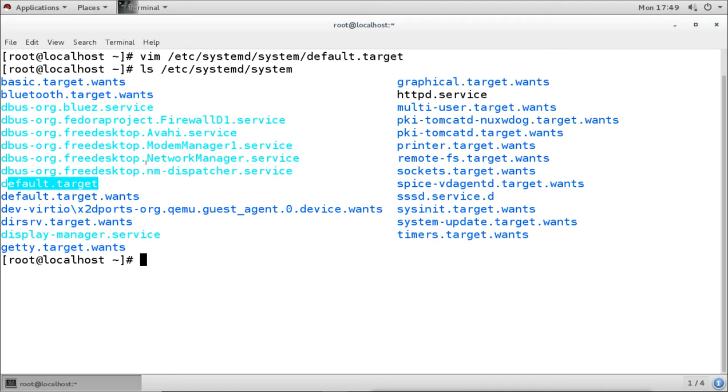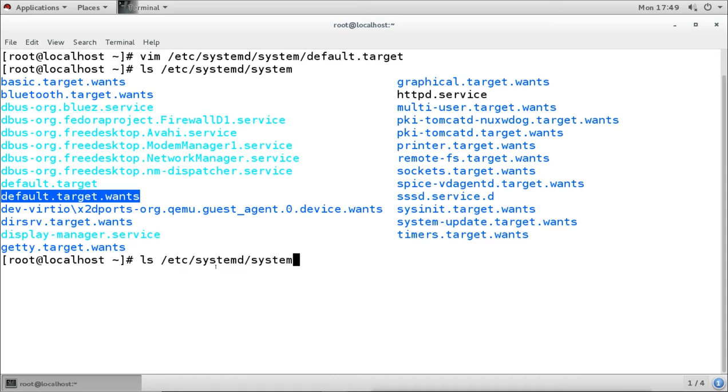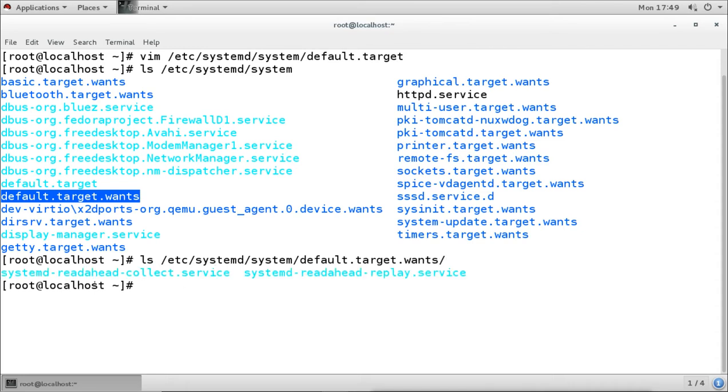For example, for default.target, under the directory default.target.wants, it has the required target and service units. When you check default.target.wants, you can see it has all these services and target files.